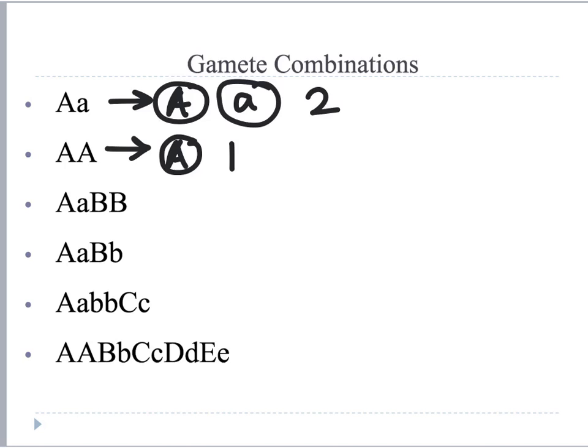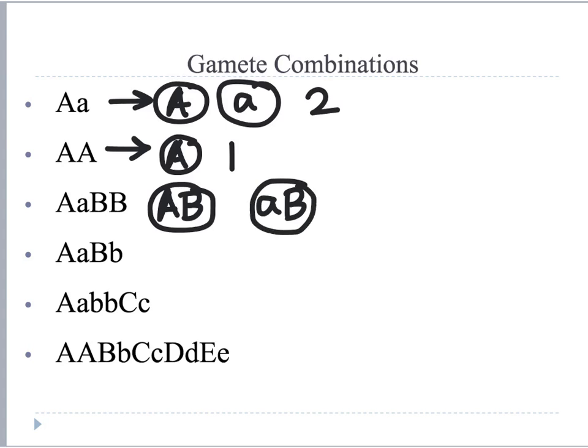When we start working with a dihybrid, we have two genes to consider. So where in this case, the big A and the little a would be found in different gametes, the same thing would be true of the B. So we end up with a combination that would look like this. One gamete's going to have a big A, big B, and the other's going to have a big A, little b. With the heterozygous parent,